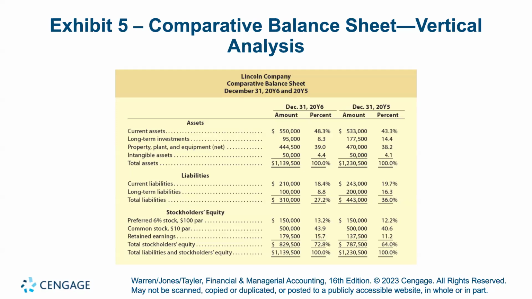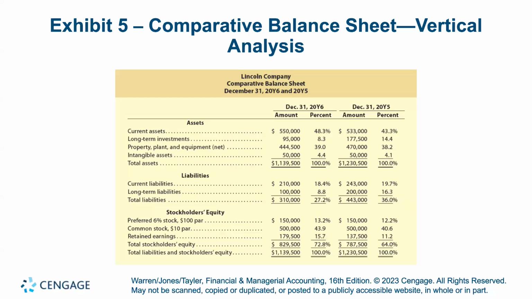Okay. Our long-term investments are 8.3%. I'm looking at 2016 here. Property, plant, and equipment make up 39%, and intangible assets are 4.4%. Our liabilities, again, we're taking this amount divided by the total of liabilities and stockholders' equity, which is the same as our total of assets. And we're seeing that our current debts make up 18.4%, long-term debts are 8.8%, stock 13.2%, common stock 43.9%,